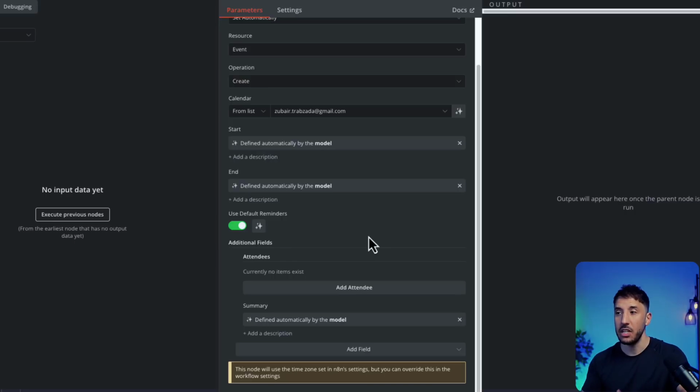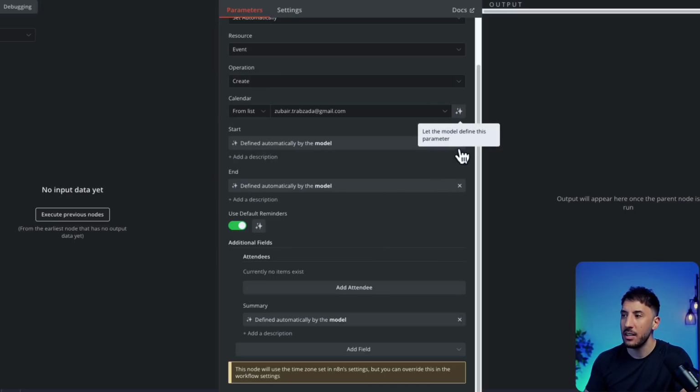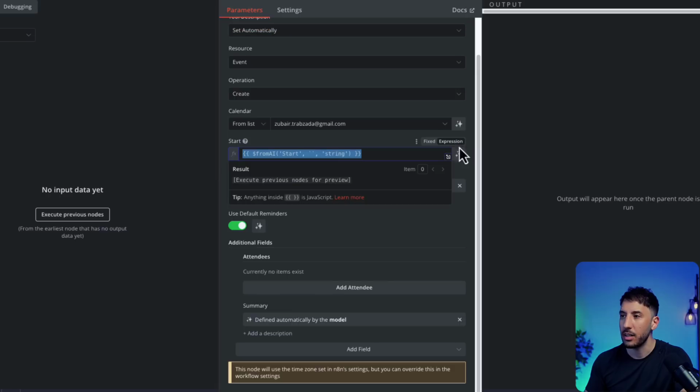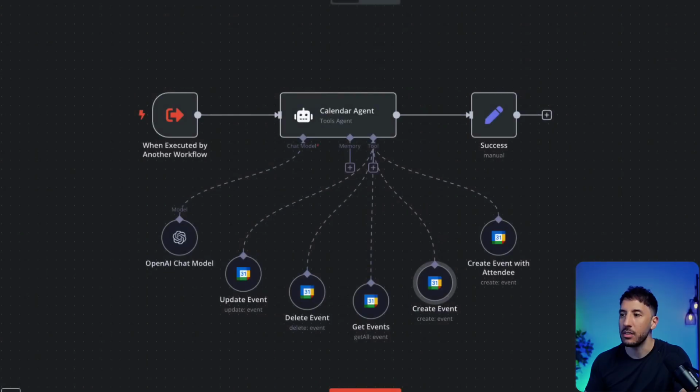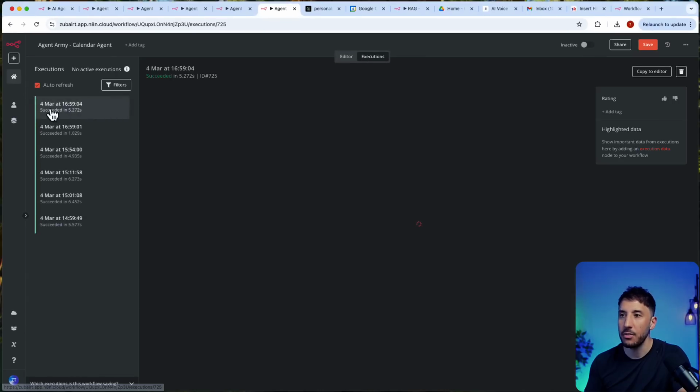So it just makes it very, very simple. I don't have to type anything. So you just click on this thing. Let me actually do that. Let me get out of this. If I press on the cross button, it's basically that from AI, but now it's even simpler because I'm literally clicking on this, and now the model will automatically figure that out. It will automatically define the role itself. So if I go to execution now,